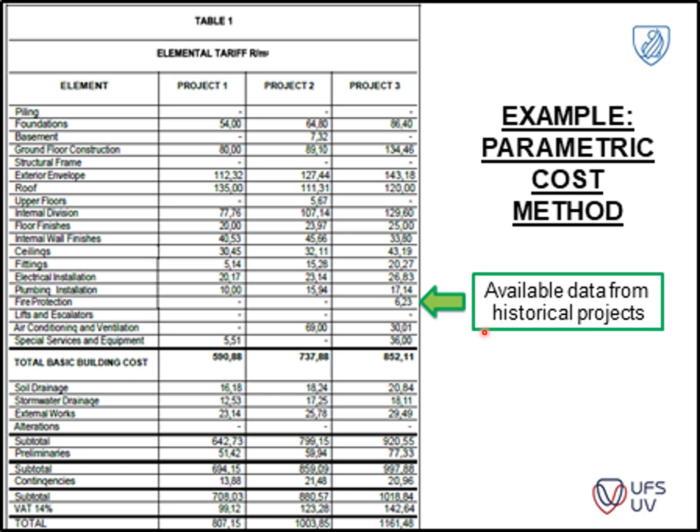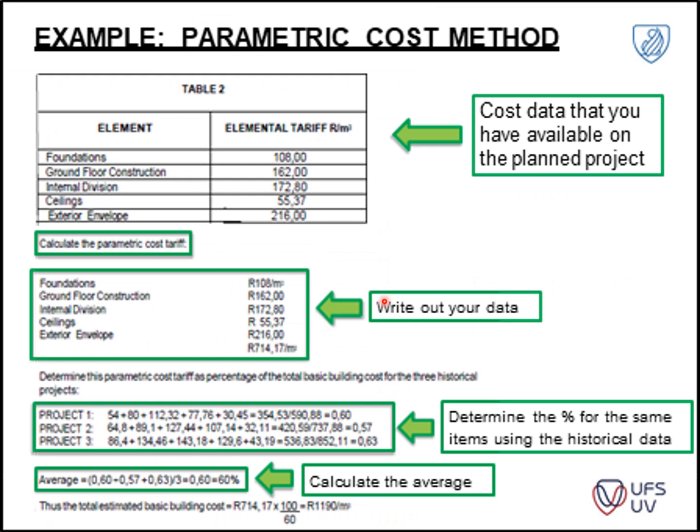So let's look at a practical example of this. The available data on a historical project is shown in the following table. So what we do is we've calculated the cost data that you have available on the planned project. So you've progressed up to this point with your current estimate. So if you've calculated your foundations, your ground floor construction, your internal wall divisions, your ceilings, and exterior walls. So now from this information, you can calculate your